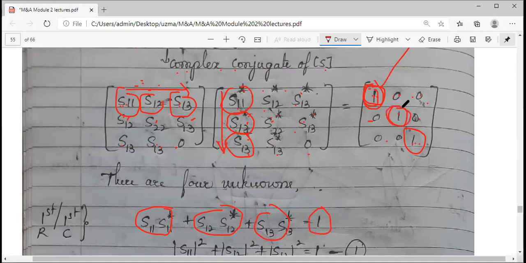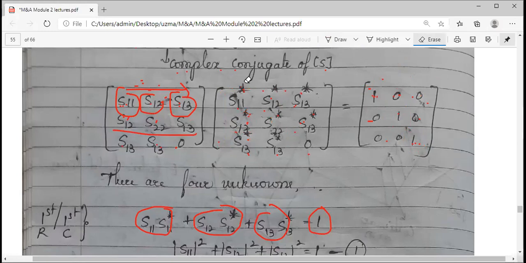Now how will I get this one? First row first column gives this, first row second column and first row third column give these two. Now coming to this middle term 1, how can I get that? It is second row second column. If you can just see, make the trial. Hope you understood how I got the first equation. It is simply first row and first column. Then first row and second column gives you the second equation, which is equal to 0. Then first row third column gives you this. Okay, I don't want these for now.